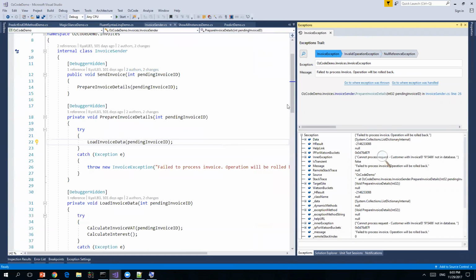Dennis asks, can we use the feature? Wait, I lost your question. Just a sec. Can we use this feature or similar with remotely traced exceptions or dumps? This particular feature does not yet support remote debugging, but the next version of Ozcode has quite a lot of